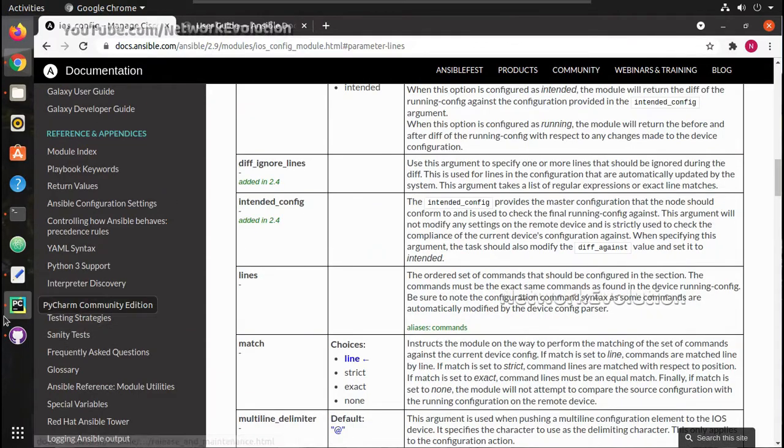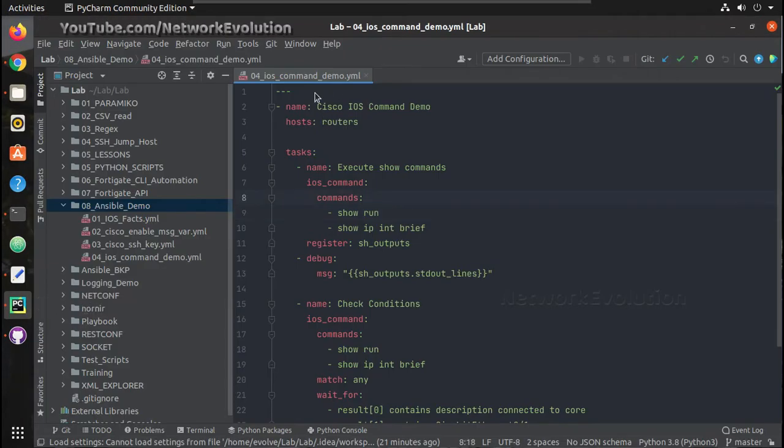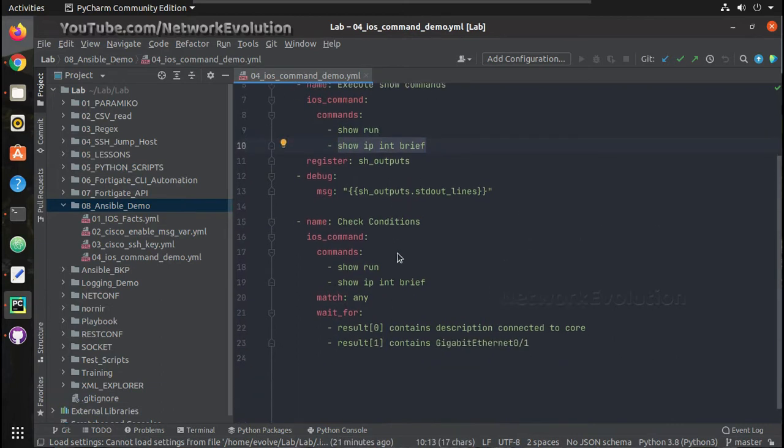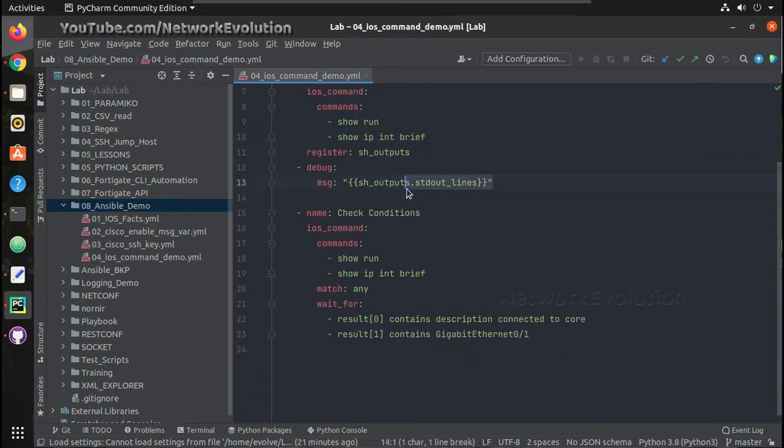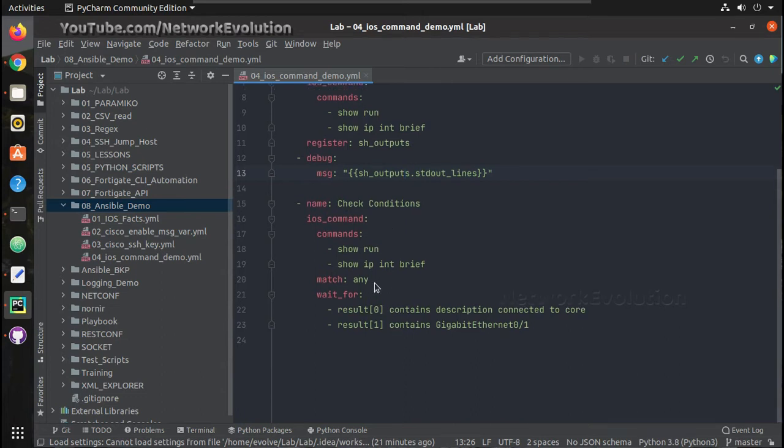In the previous video, we wrote a playbook which explains IOS commands. There we executed two commands, show run and show ip interface brief. We printed the stdout lines, then we matched some conditions.